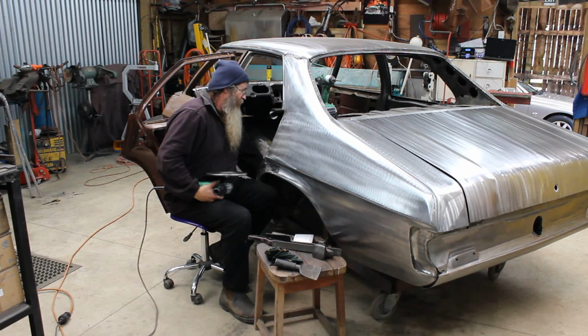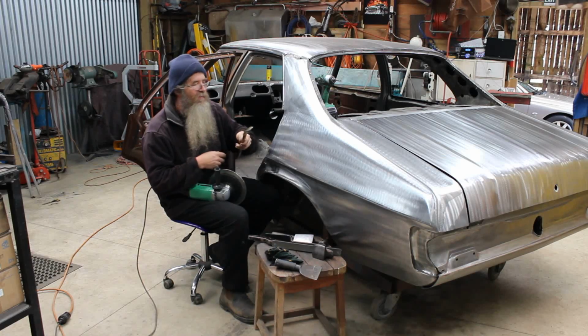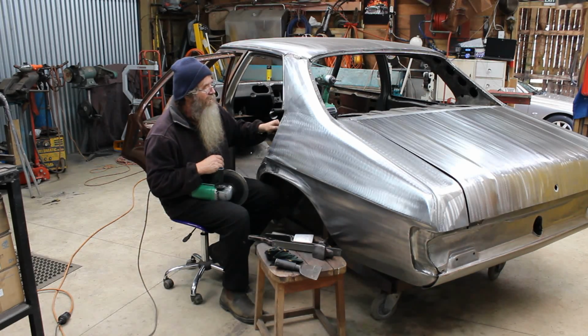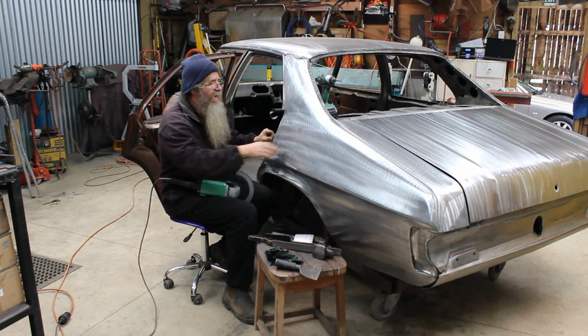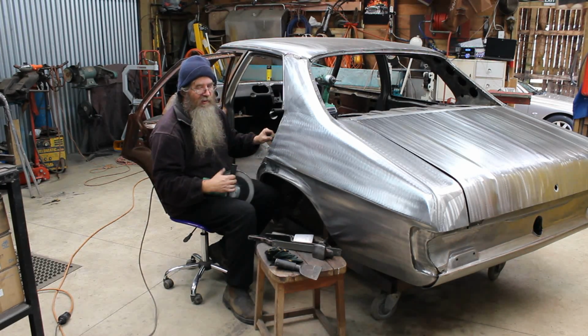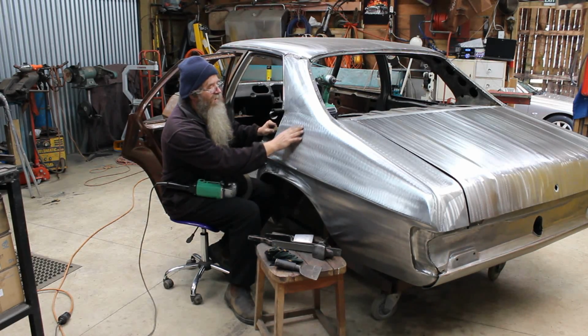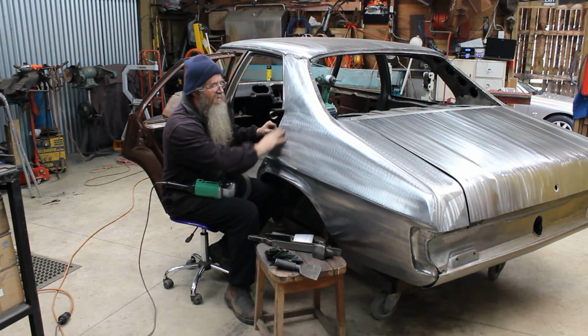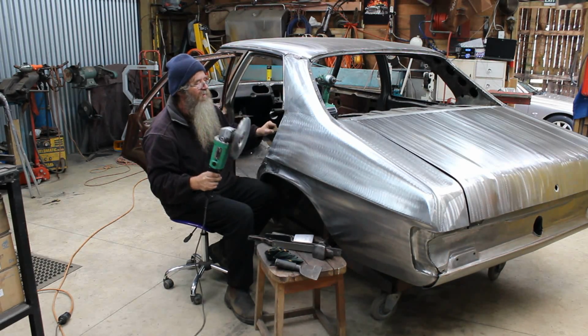So what I did is, using a body spoon, and there's all varieties of different body spoons you can use, I've got into the panel, I've put a bit of weight on the area. Now this is where a bit of guesswork becomes involved. You've got to work out where your body spoon is. So all this area was sucked in. And what I was doing, and this is pretty tricky doing this one-handed,